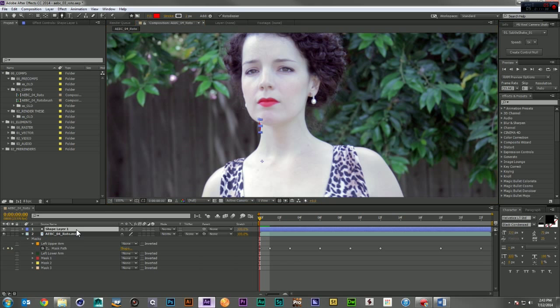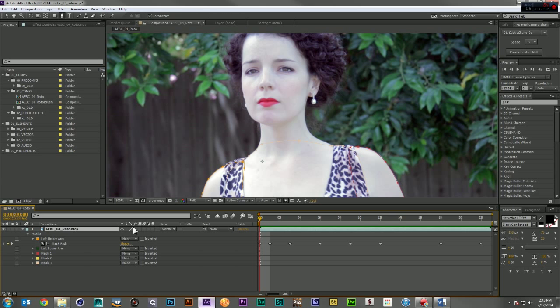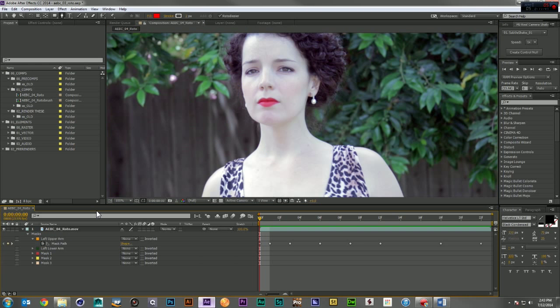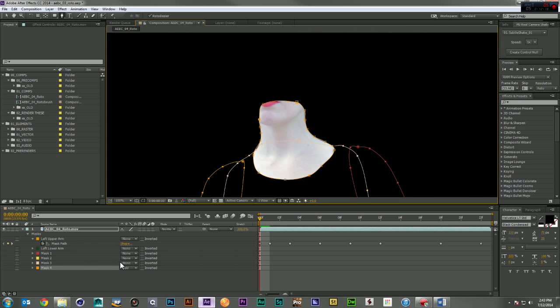Oops. I accidentally created a shape layer. If you don't have your footage highlighted and you start clicking with the pen tool, a shape layer automatically comes up. Click on the footage. I just prefer this method. It's how I learned to do it. There's, again, as I keep saying with a lot of this stuff, there's really no right or wrong way. There's just what works best for you. So now we have the neck,